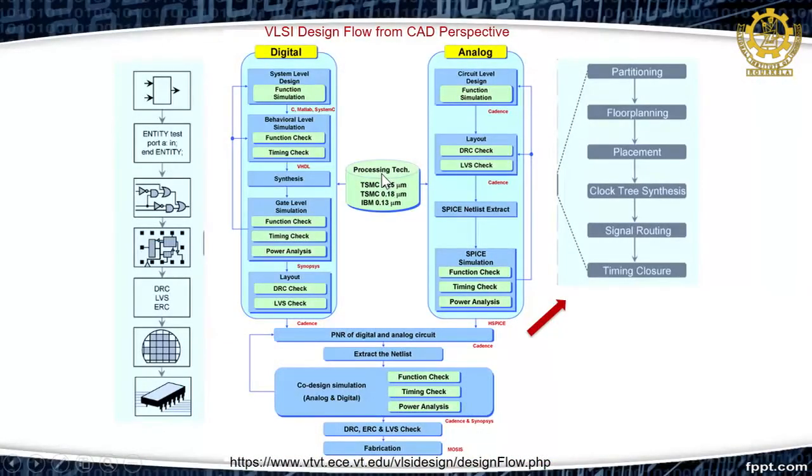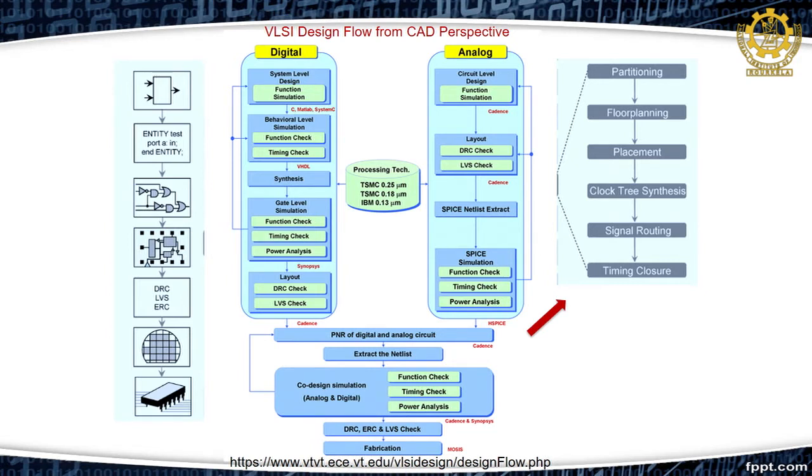Followed by that, we did behavioral level design, which is also called RTL level design, generally done using Verilog HDL. Then we follow a synthesis process. The synthesis process takes the RTL code, and at the same time it takes the libraries from the corresponding vendors with whom you are going to fabricate your IC, and they will produce a gate level file for you. These gate level files are also in HDL only.